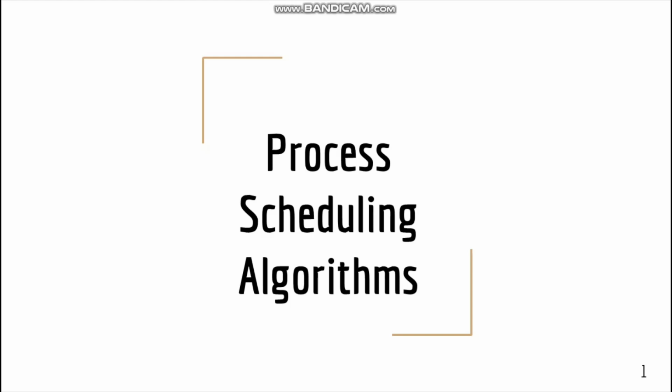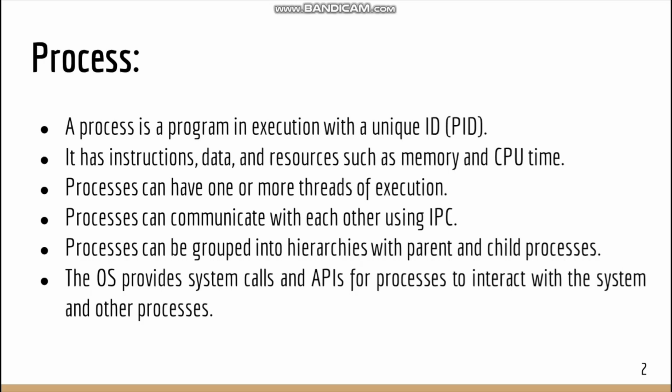Before coming towards the main topic, first we have to discuss a process in an operating system. In an operating system, a process refers to a program that is currently being executed in a system. So a process can be thought of as a container for a set of instructions or code that is being executed by the operating system. When a program is executed, a process is created which contains the information about the execution of that program.